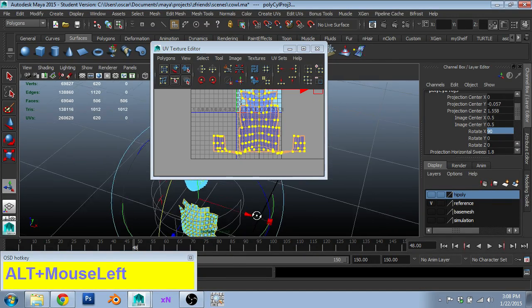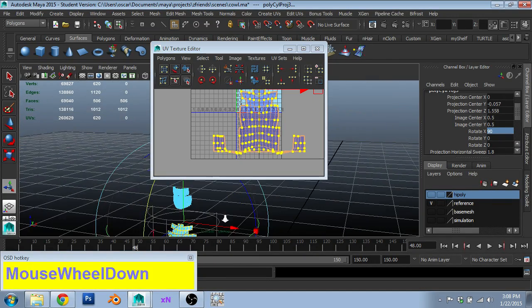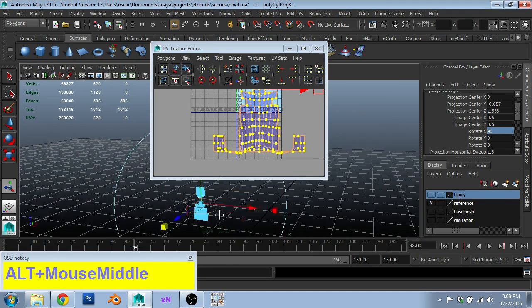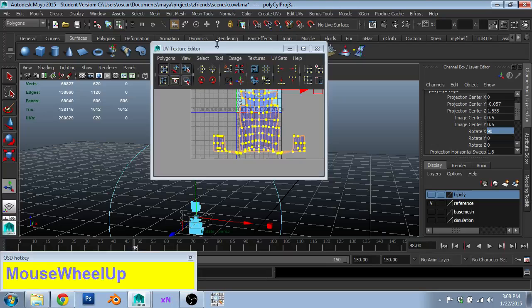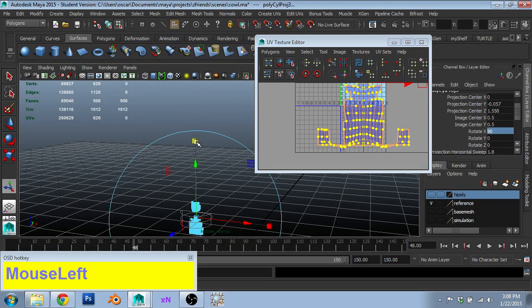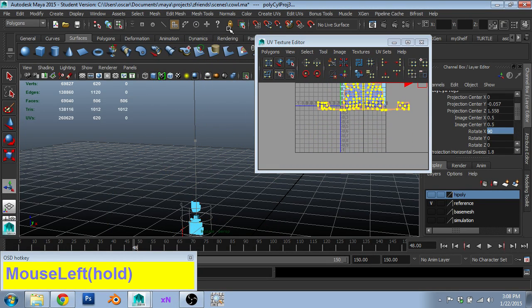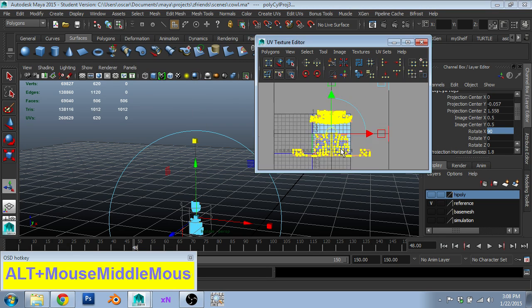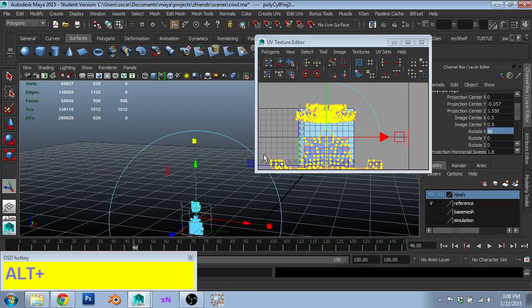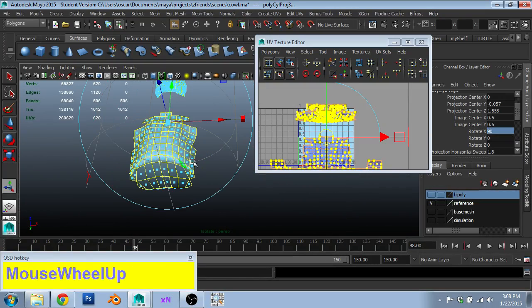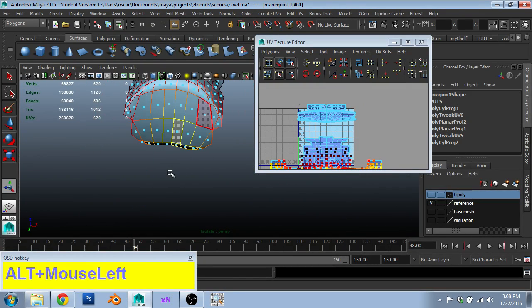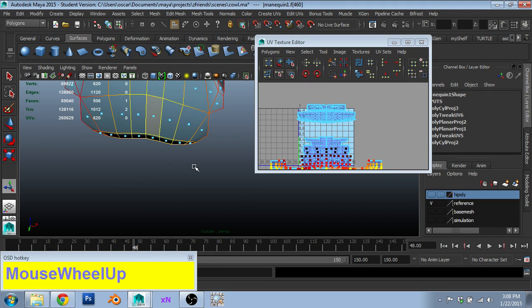Cool stuff. I'll also scale this up a bit. So I click on one of the scale buttons, and then on my Y scale I can get this so it unwraps a little closer to that. Now we are getting a problem area down here, and that's where it's good to know about different ways you